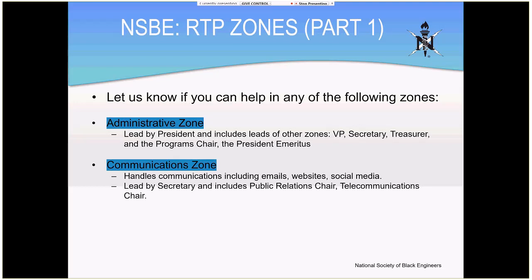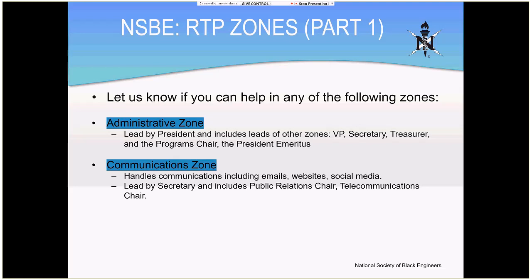So anything to help us get the word out about all of the different things NSBE RTP is doing will be in this zone. This is led by the secretary and includes the public relations chair and the telecommunications chair.